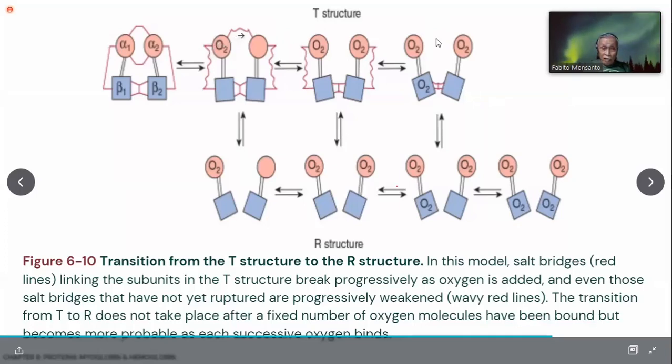The salt bonds are being threatened already. Now, there's a wavy line. It has not been broken yet. Now, this one is still very strong. Now, sometimes this will go directly, so that all the bonds will just be broken. The salt bonds. Salt bonds are created by positive and negative amino acids. Okay? So if you look at this,